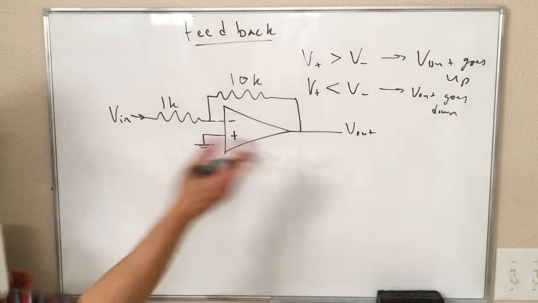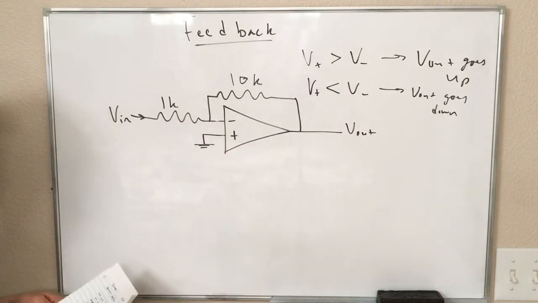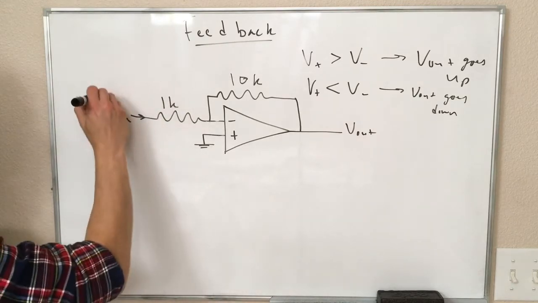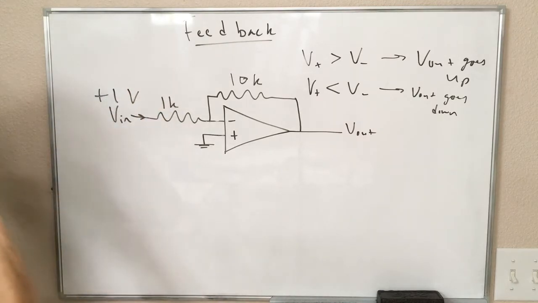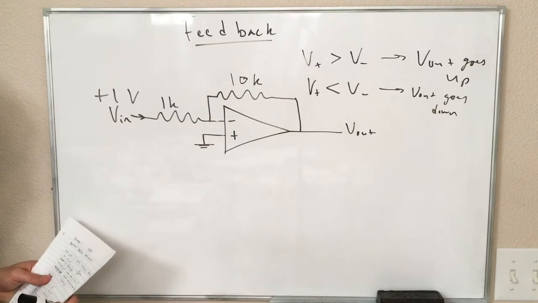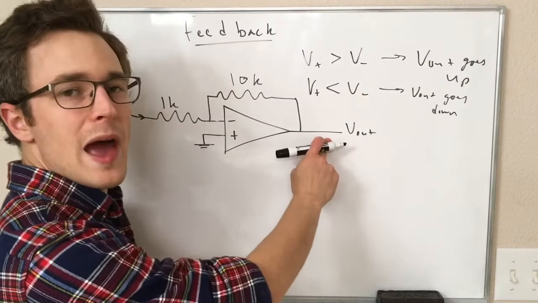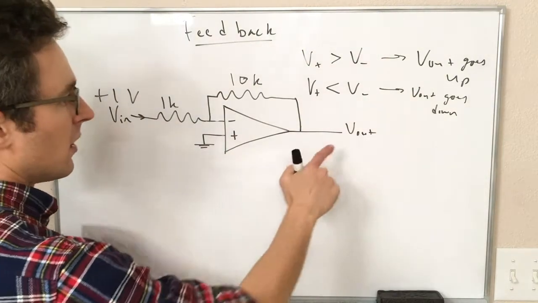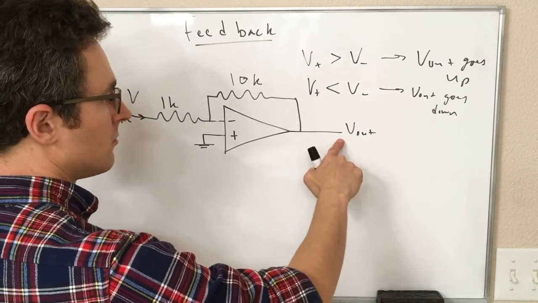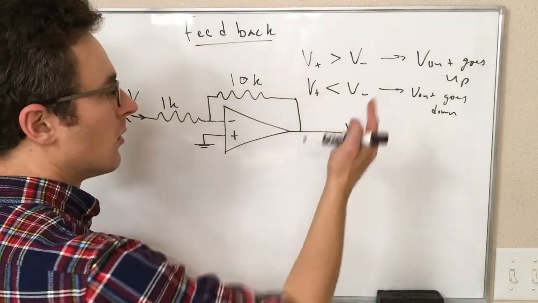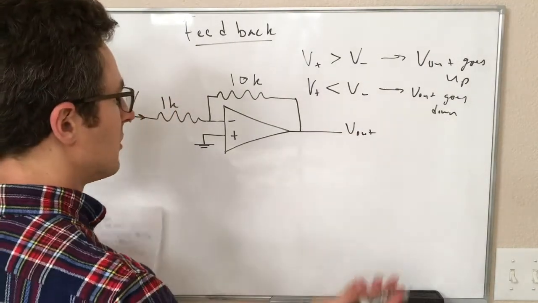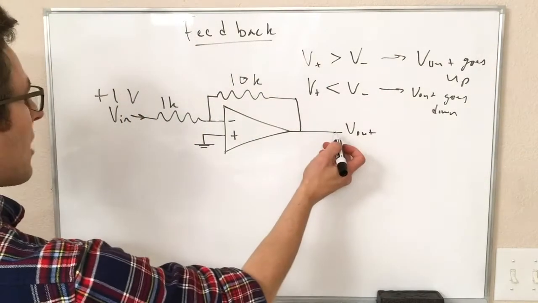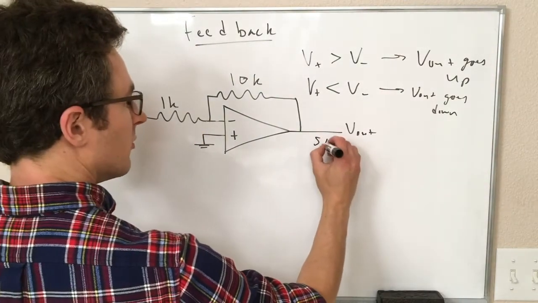Okay, so let's look at some actual numbers and see what happens with this. So let's say we have an input voltage of plus 1 volts. For an input voltage of plus 1 volts, what happens at the output? Let's say when we turn this thing on, this starts at 0 volts and it says, well, should I go up or should I go down? Like the op amp is deciding what to do. So if V out is starting at 0 volts,